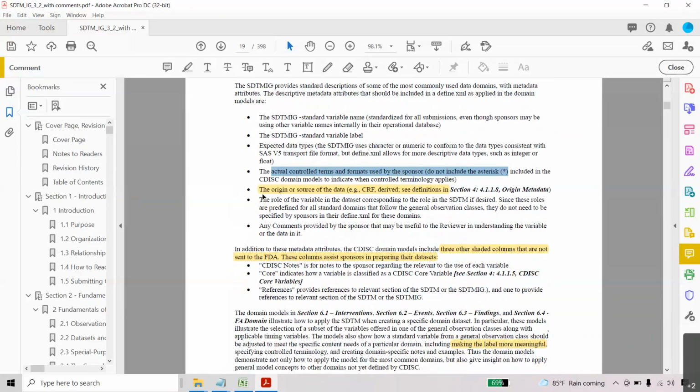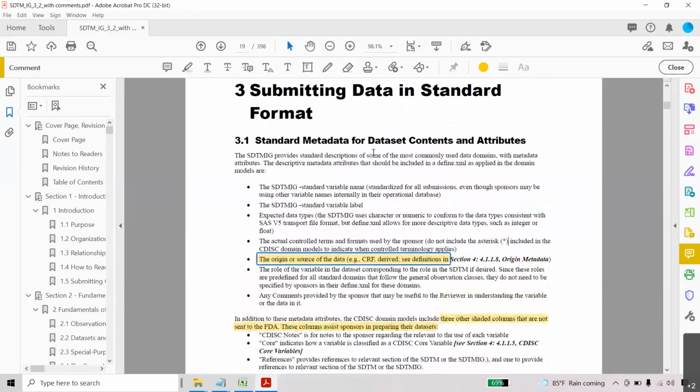And the next is the origin or source of the data, whether it is CRF data or derived data, which might be based on the derivation or other requirements we can define. So why are we talking about this? Each and every data we collected, we should keep in the respective domain, which is a collection of similar topic variables, and each variable is a column heading.